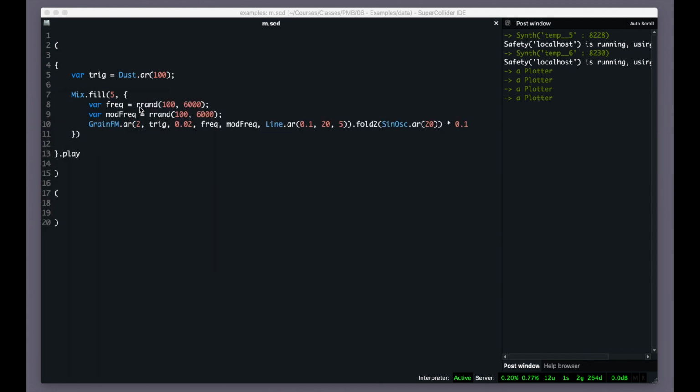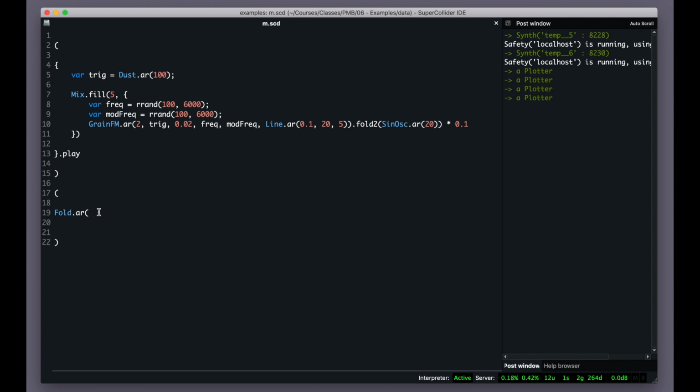I just want to show that what we can also do is to use fold.ar, and fold.ar will give us, we can control both, so we can put input sound and the lower and the higher thresholds. Whereas with fold 2 there is just one threshold, but here we have a lower and higher, or different inputs for those, different controls over those. So I'm going to take advantage of that, and I'm going to use